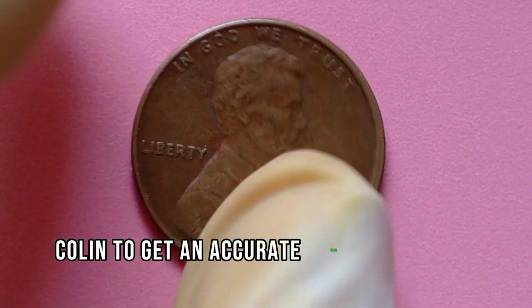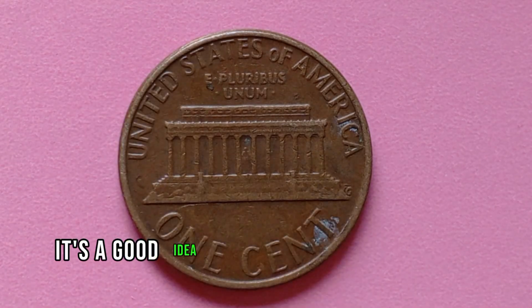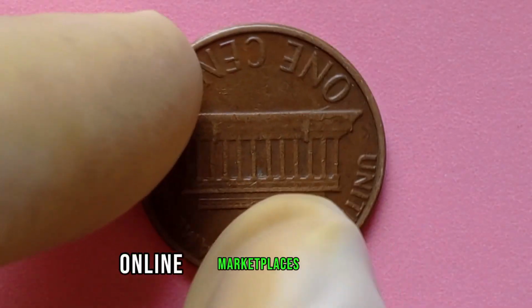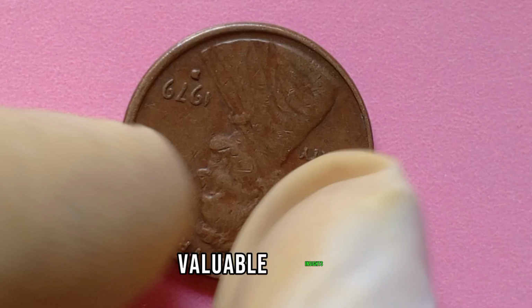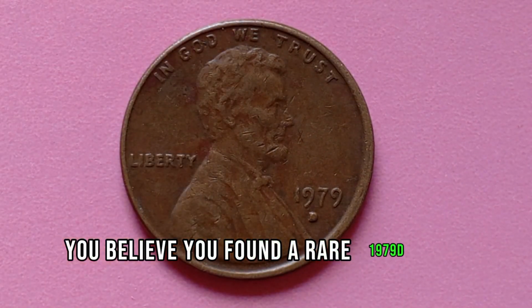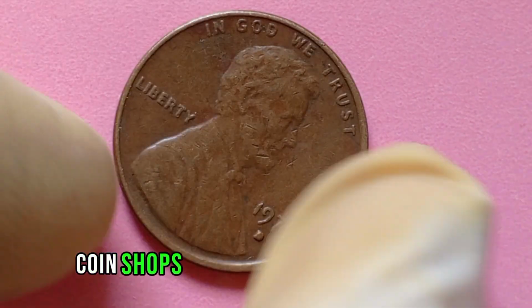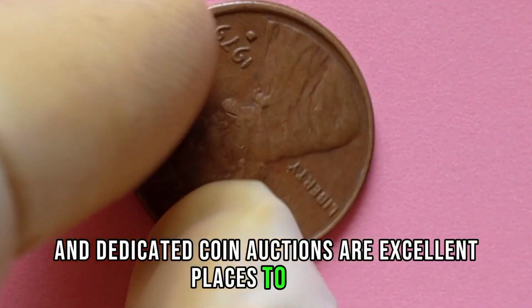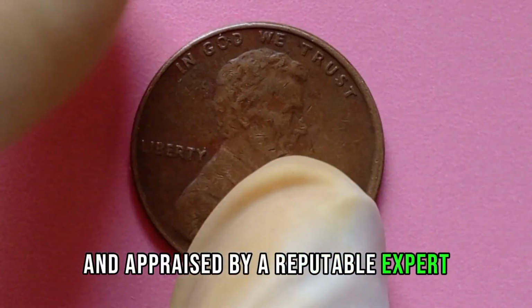To get an accurate value for your 1979 Lincoln penny, it's a good idea to consult a professional coin appraiser or check recent auction results. Online marketplaces like eBay and specialized coin auction sites can also provide valuable insights into current market trends. If you believe you've found a rare 1979D Lincoln penny, where should you go to sell it? Coin shops, online platforms like eBay, and dedicated coin auctions are excellent places to start. Always make sure to get your coin authenticated and appraised by a reputable expert to ensure you